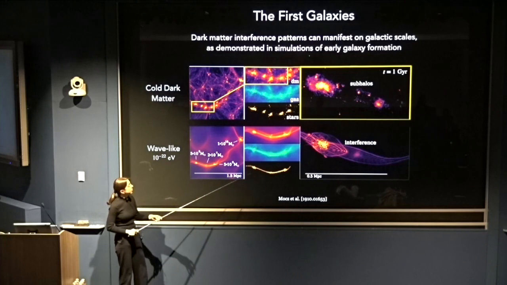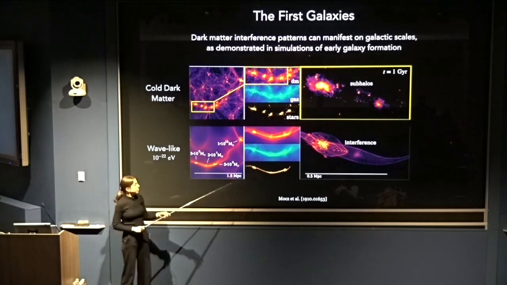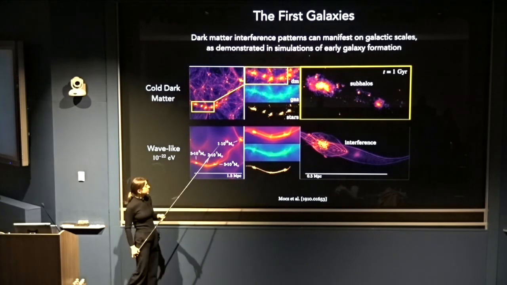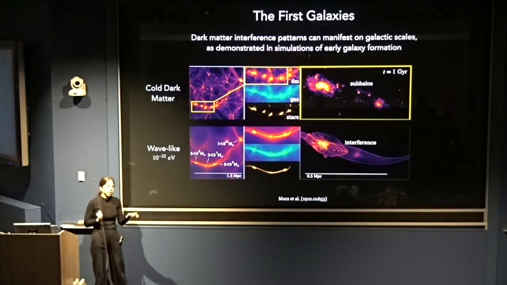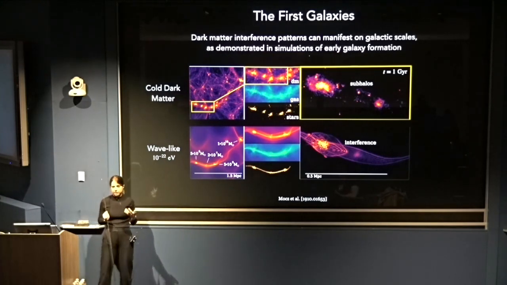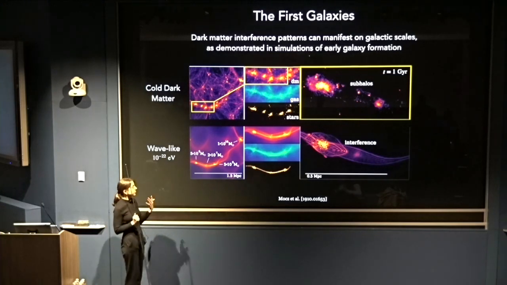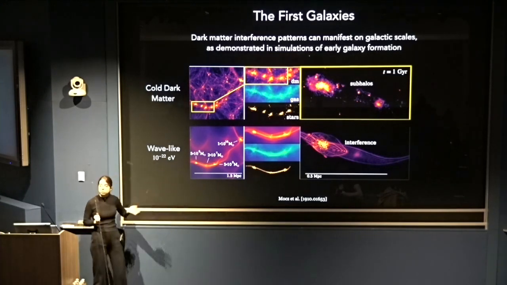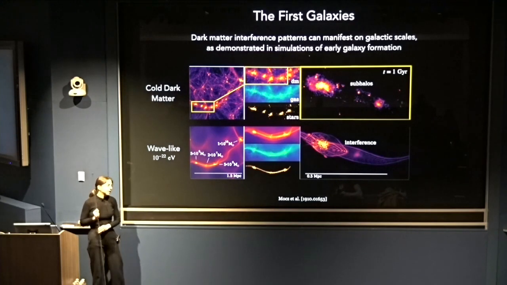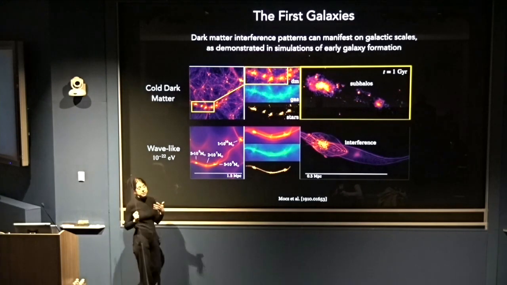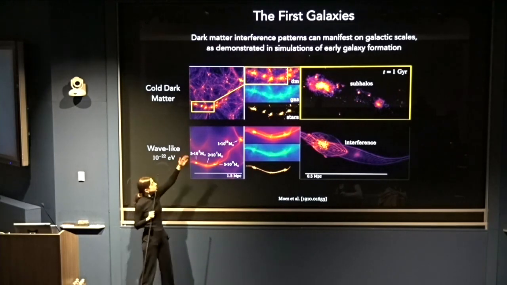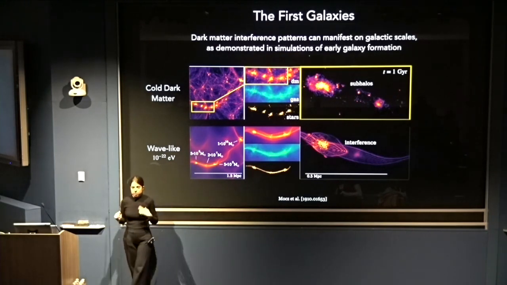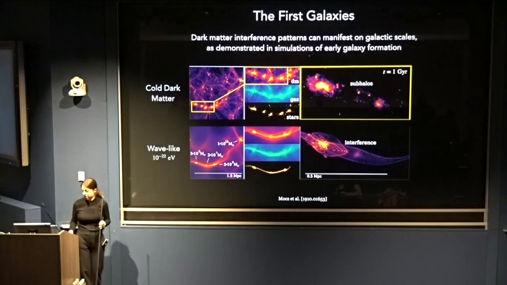And these are for early forming galaxies, about a gigayear into the age of the universe. So this is precisely the time range that the James Webb Telescope has sensitivity to. They're starting to gather data for these very early forming galaxies. And one thing that's going to be very interesting is to see the types of structures that they observe and understand what the implications are for the properties of the dark matter particle itself.